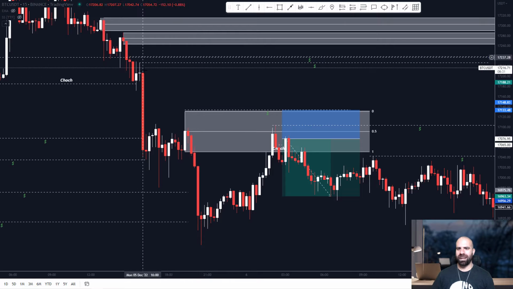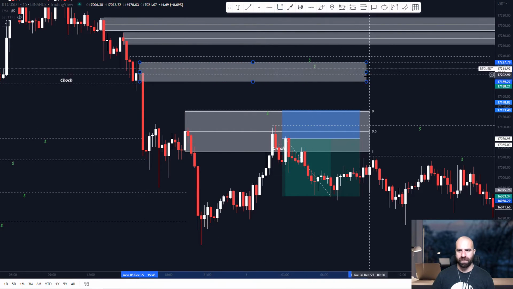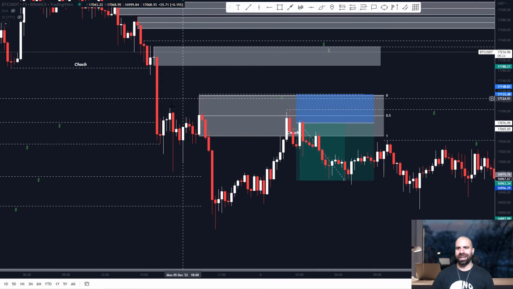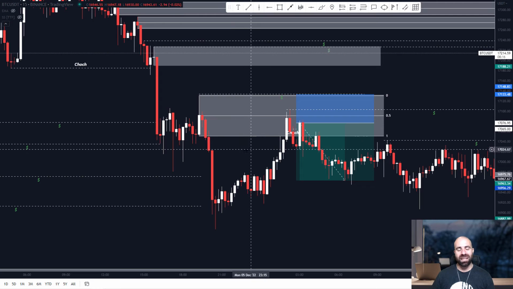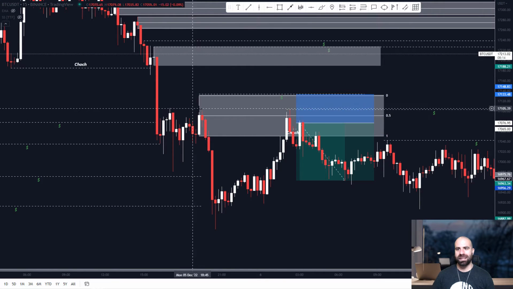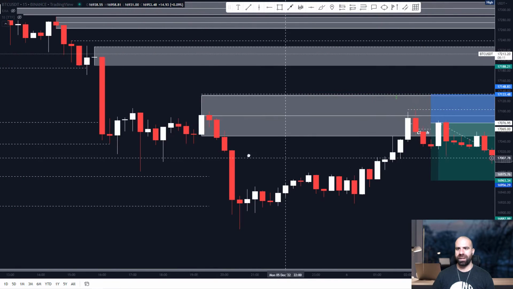From here we had an impulse and a break of structure at the same time. This change of character is a break of structure as well. Then again we had a small retracement and another impulse. We were expecting for price to come back and retest this order block that you see right here, and from